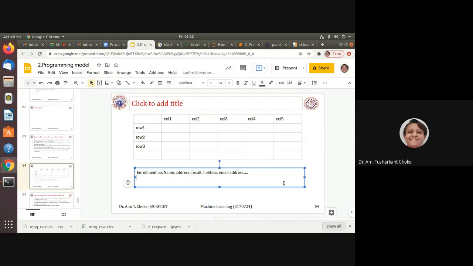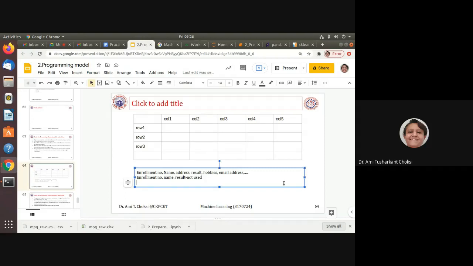So what you do is you only consider the enrollment number, name, and result. You do not consider the others. So you have not used the other columns.